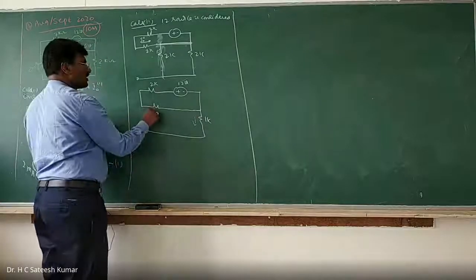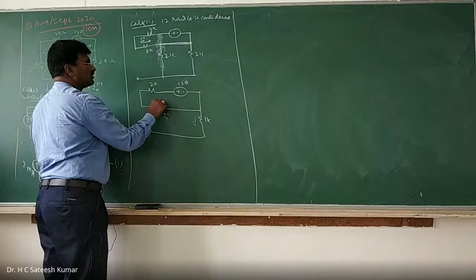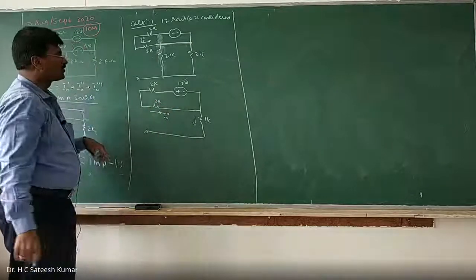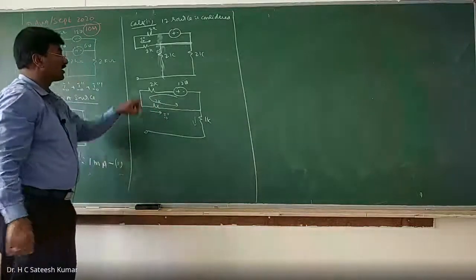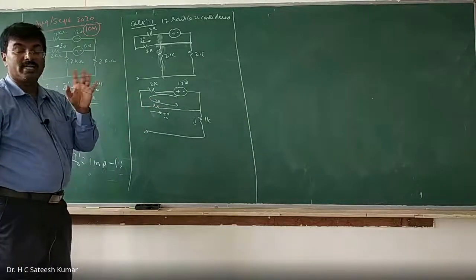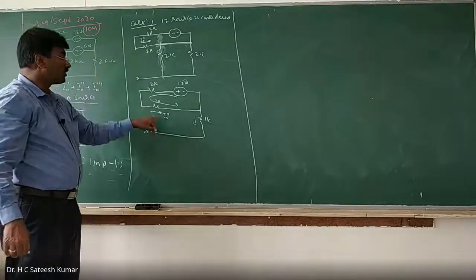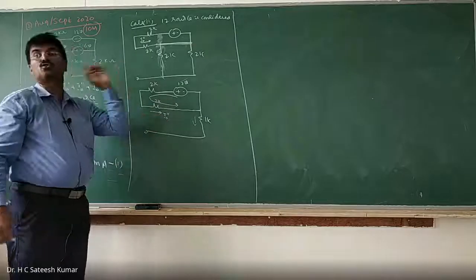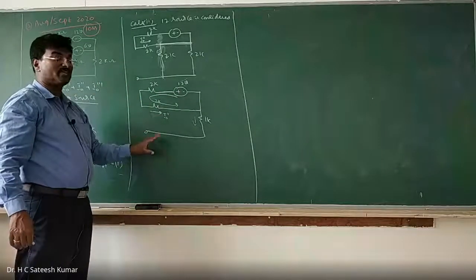So now what we have: Ix, I naught double dash, 2K, 2K, and current flowing through this one. Okay, right. Apply KVL. Don't just compute 12 volts divided by 2K plus 2K, because you will not get the current direction. You should be very much careful. Whenever you are finding the current, you should consider the same direction. Therefore, you should apply KVL. Value will be set, but direction you will not get.